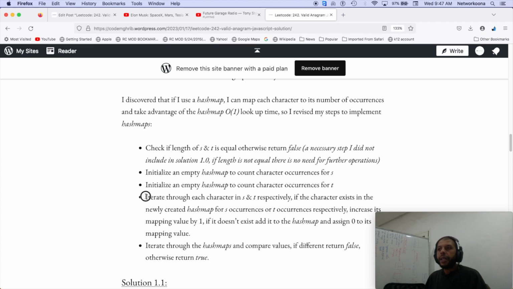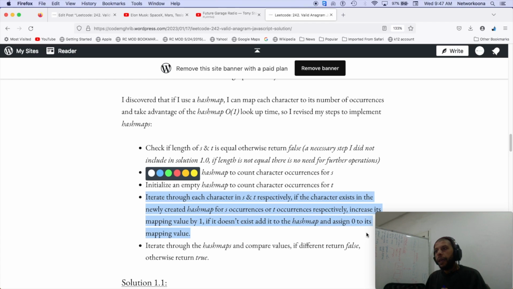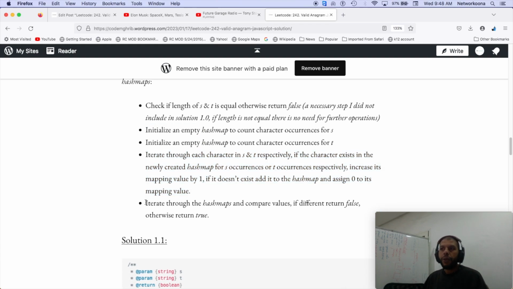The next step is to iterate through each character in S and T respectively. Then I'm going to check if the character exists in the newly created hash map for S, for example. If it exists, then I'm going to increase its occurrence count, the mapping value, by 1. If it does not exist, I will add it to the hash map and assign a 0 to its mapping value. And the next step will be to iterate through both hash maps that I've created and then compare